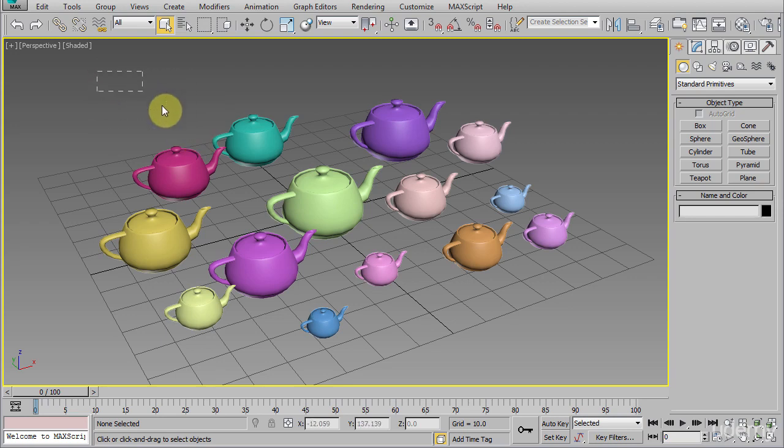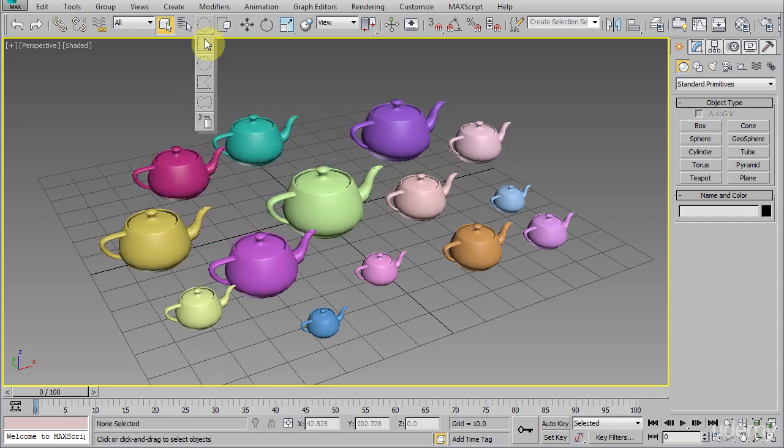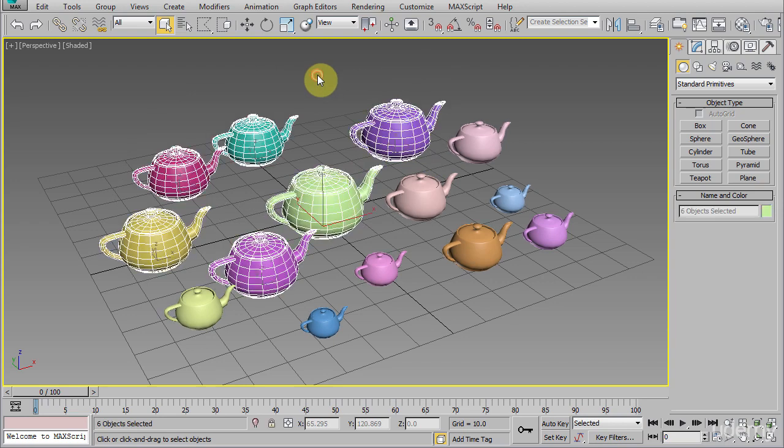By default, the selection region is set to rectangular, but we can actually change this behavior. Notice in this upper area, we have this button that looks like a rectangle. Now, if you click on this button, you can select different types of selection mode. The circular one will change the region to a circle. So when we click and drag to select multiple objects, we can see the region is a circle rather than rectangular as before. Next is the fence region mode. This one behaves like the polygonal lasso tool in Photoshop. To select, you need to click and drag first, then release, and so forth to create the selection region. If you want to finish, you can double click and the selection will be made.